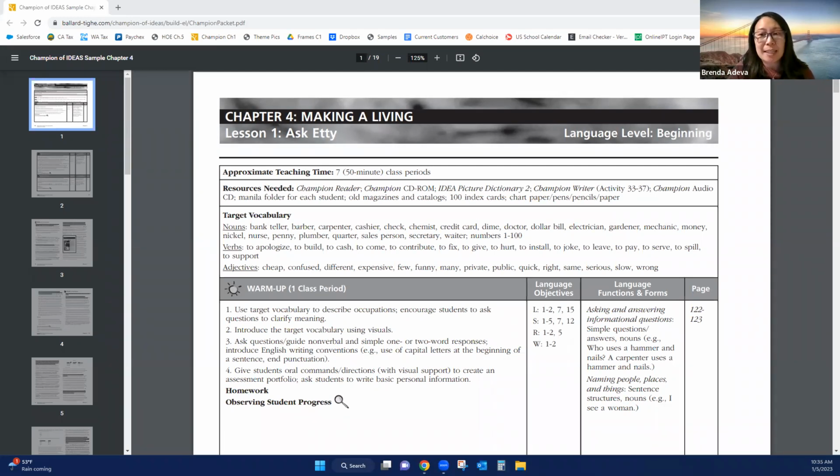Champion of Ideas is created specifically for 6th through 12th grade, so secondary, and you might have all of your 7th grade class together, and that's why there is that multi-level grouping. But here is chapter 4, Making a Living. Chapter 4 is not exactly at the beginning of Champion of Ideas, but you can see a lot of foundational